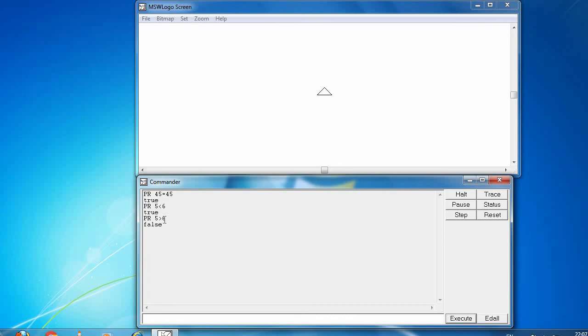This was the last part of this particular topic. You go through this topic. If you find any problem, you can straightaway contact me for any kind of queries. So this is all about chapter number 7, and it all tells about drawing and some kind of calculation in MSW Logo.